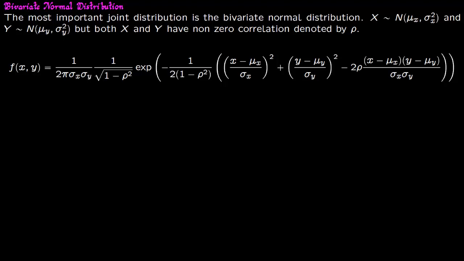We now introduce bivariate normal distribution. This is the most important joint distribution function. Suppose x is a random variable which is normally distributed. The mean is mu of x and variance is sigma x square. That is, expectation of x is mu of x and the variance of x is